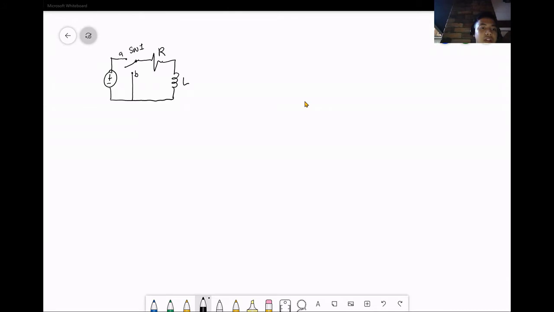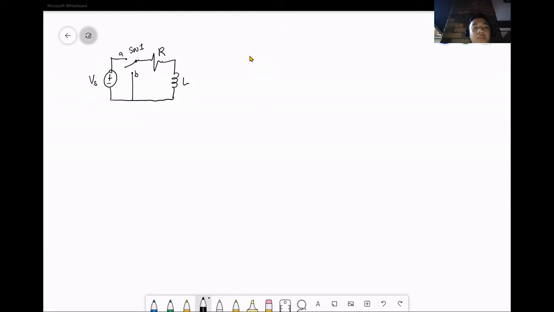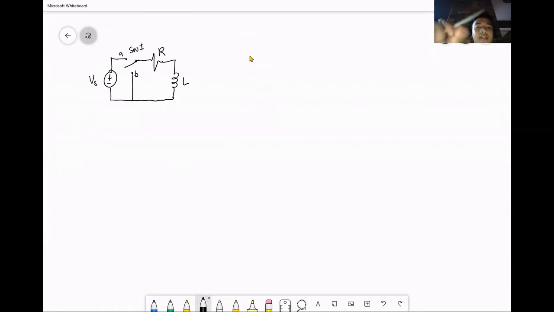So you have Vs, you have L. You can remember we have the Vs, R, and L, and we have learned that the current is equal to Vs over R minus Vs over R e to the negative t over L over R, or L over R, right? If I'm not mistaken, R over L. I think that's L over R, no? Okay. So that's the expression when you have the circuit